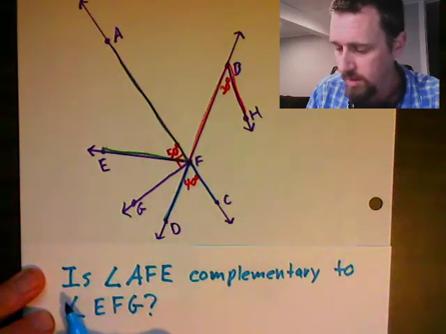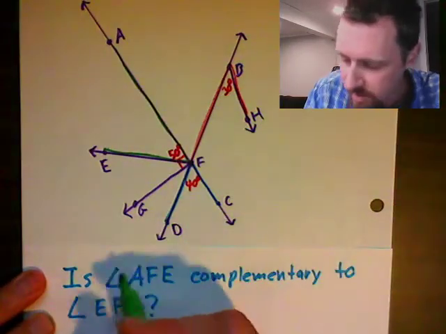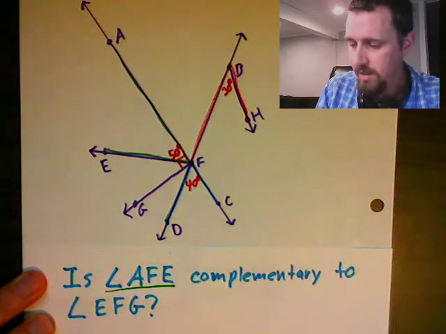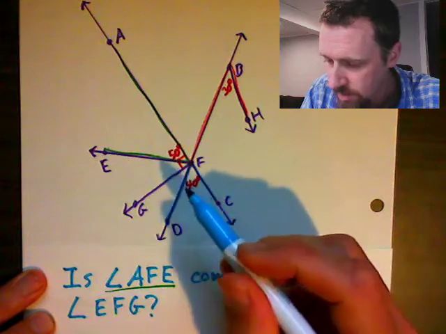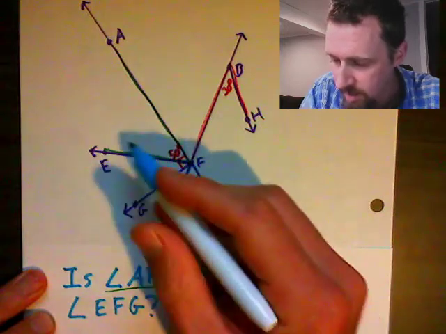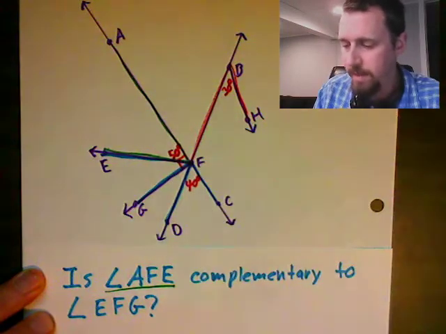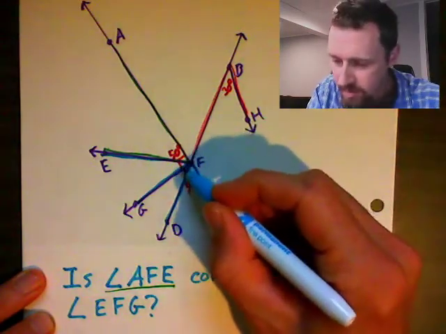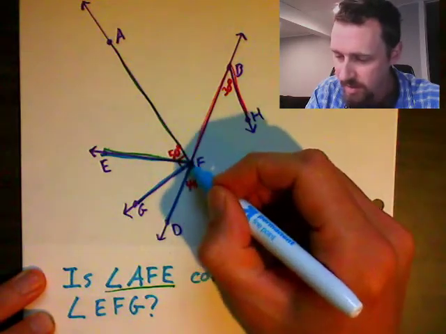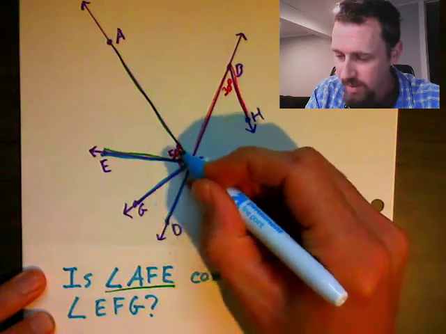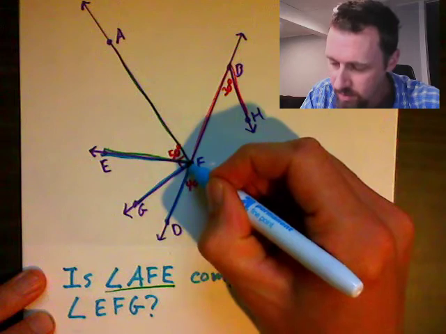So, AFE is still that same angle that I have highlighted in green. And EFG is this angle. And if you notice, there is a little square in the corner, and those two angles are adjacent to each other, right there where that square is. So these two angles,